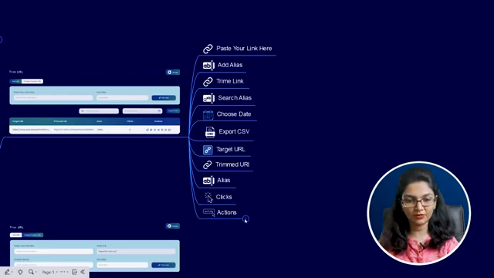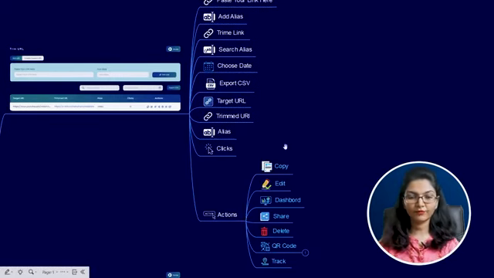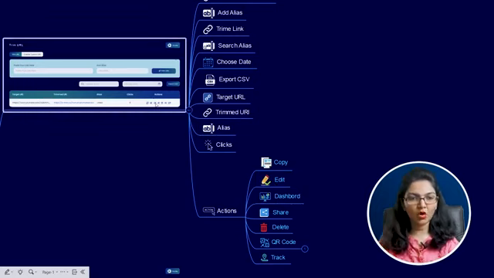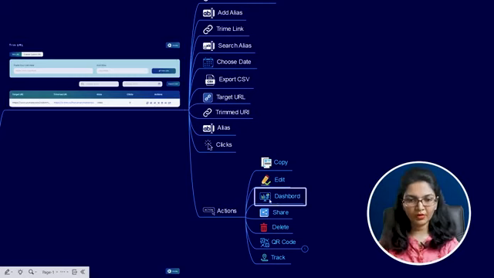Next is actions, friends. Copy. You can simply copy that URL. Next, you can go and edit it also. Third option is dashboard. On clicking dashboard, you will be redirected to the dashboard of OTrim. Okay, that we will discuss later on, and you will be shocked to see how many good features there are in